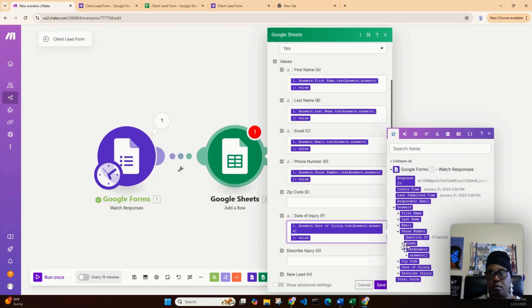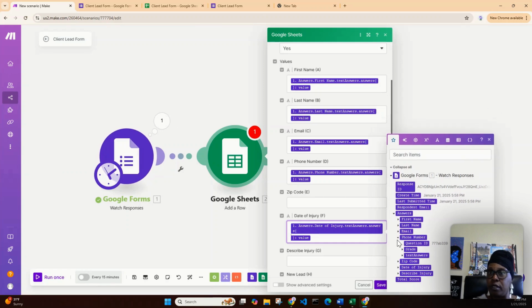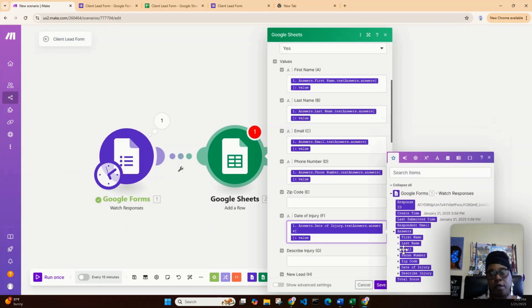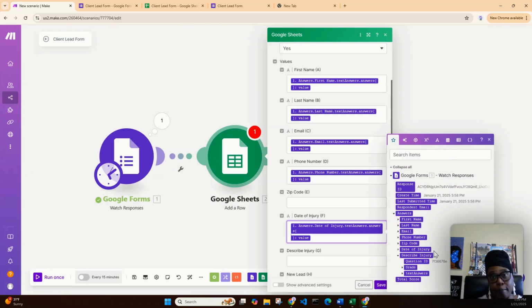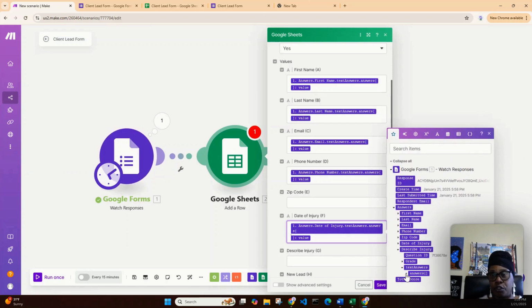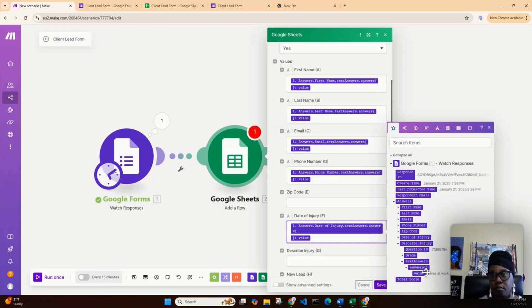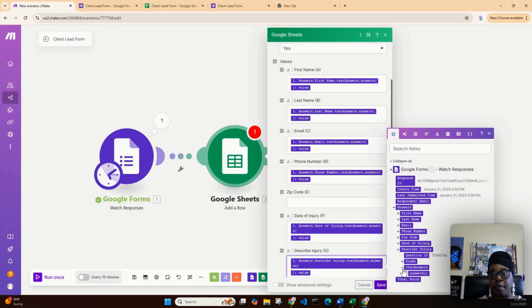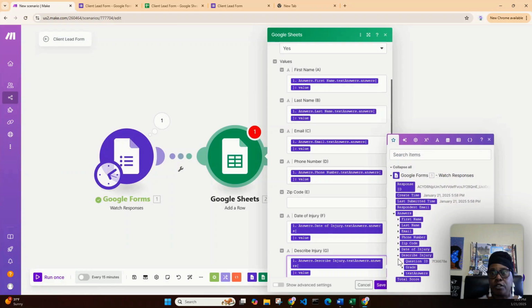Do y'all see why I wanted to have two parts? Your brain might feel as big as Texas right now, but it's easy. We only connected two applications. We're easing into the water, okay? And we're going to put in describe injury, okay? There. So now that I've done that part, what I'm going to do,